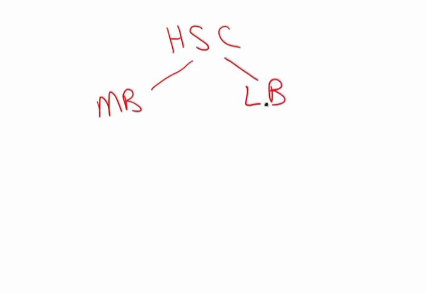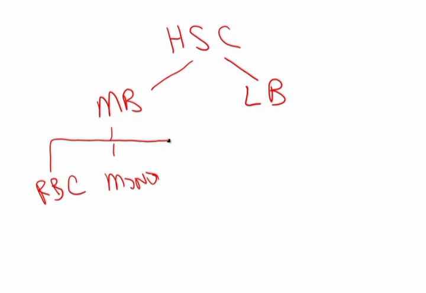The myeloid blast is also known as the myeloid stem cell. The lymphoid blast is also known as the lymphoid stem cell. And the myeloid blast eventually has the ability to produce multiple myeloid lineages. For example, it can develop into an erythroblast that would produce the red blood cells, and it can develop into a monoblast that would produce the monocytes. It can develop into a myeloblast, which would produce the granulocytes, and it can develop into a megakaryoblast that would